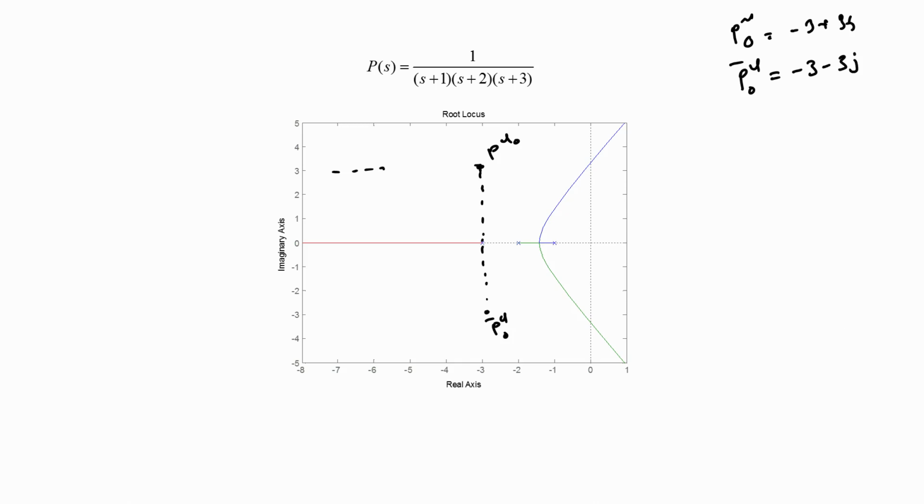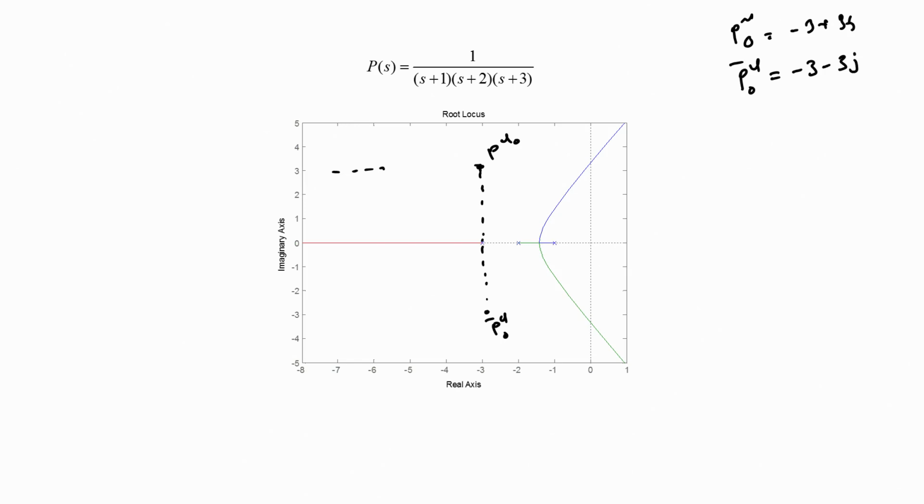In the first step, we choose a controller such that the root locus of the open loop system, namely the controller times the plant, passes through the point PCL naught. The second step is to choose the controller gain k such that the closed loop pole actually lies at the points PCL naught and PCL naught bar. These are the two steps that we would have to adopt even here. But there is a small catch in this particular problem, and hence I am separately discussing it.